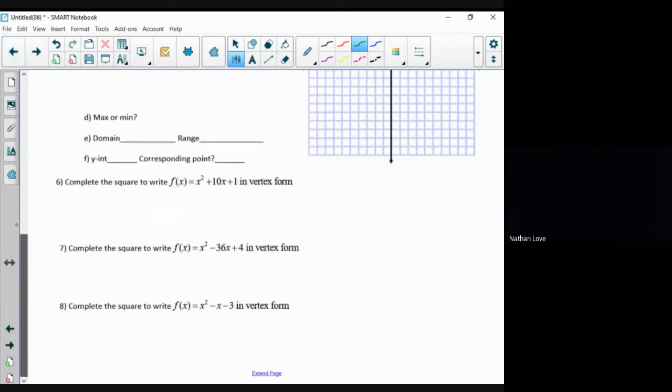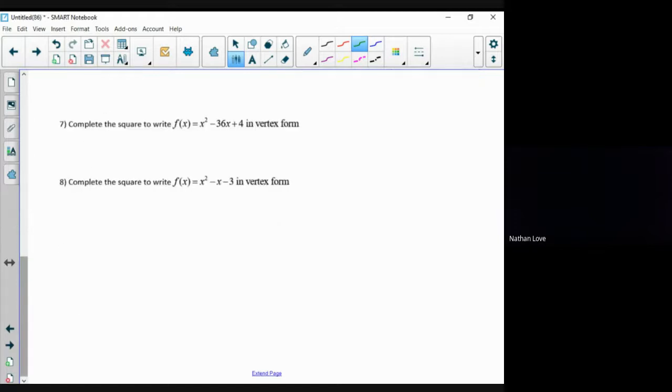Find number 7. Number 7, we got to complete the square. X squared minus 36x plus blank plus 4 minus blank. Parentheses is the next thing you do. Add your blanks, draw your parentheses. Take a look at your x squared. Does it have anything on the x squared? No numbers on the x squared. So all I have to do is fill in the blanks. Yep, half of 36 is